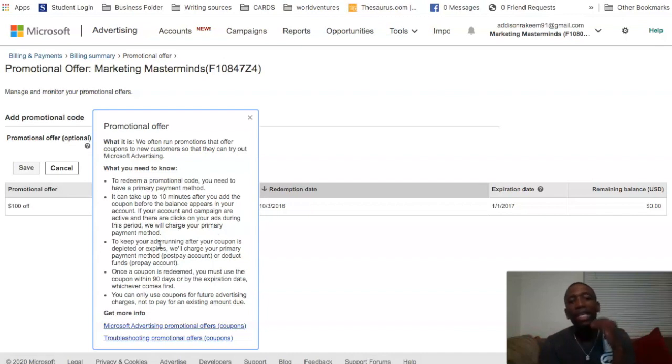Then right here, to keep your ads running after your coupon is depleted or expires, we'll charge your primary payment method. So what is that really saying? That's saying if you already have a balance and you're already running your ads, you won't be able to use the promotional code to pay off your balance. You'll have to pay off your balance using your primary card. That's why they said you'll need to have a primary payment method on board. After you've paid that balance, then you can start using your actual